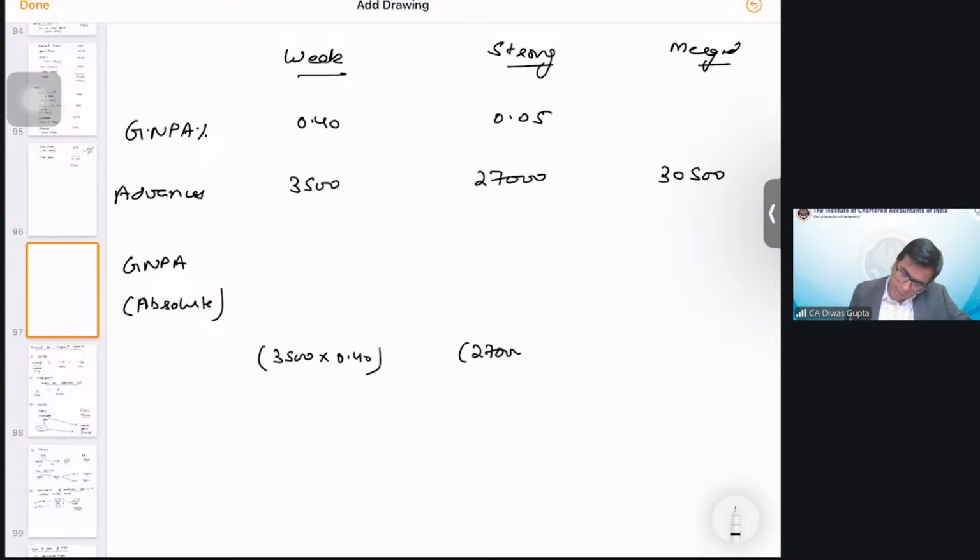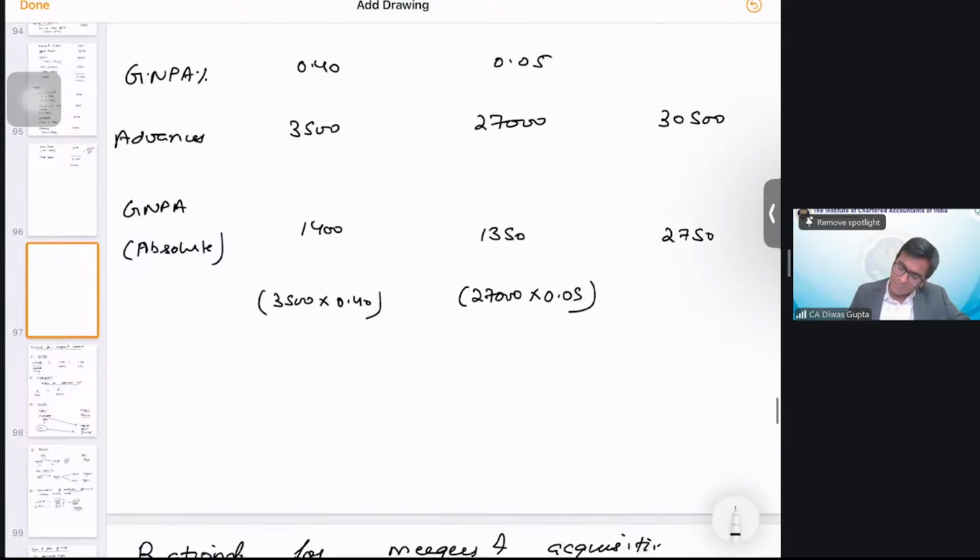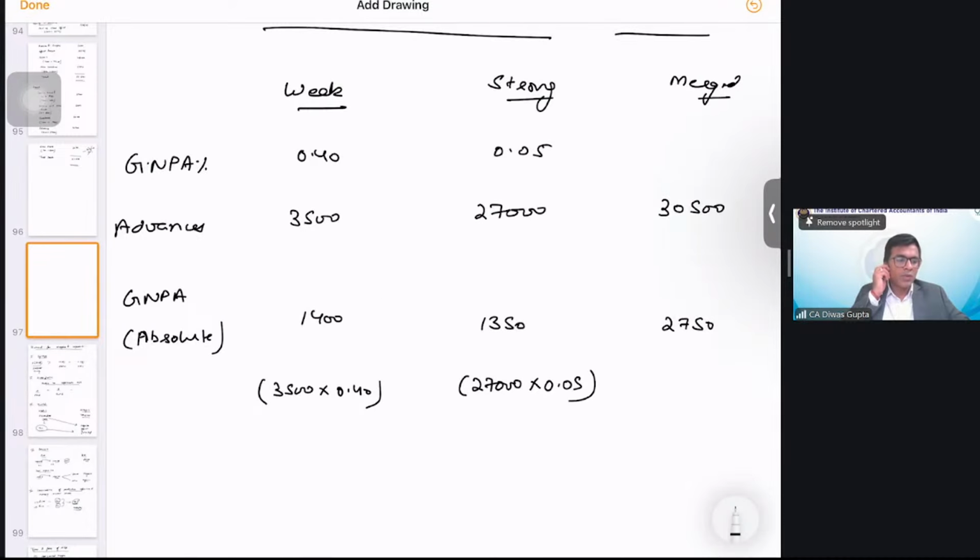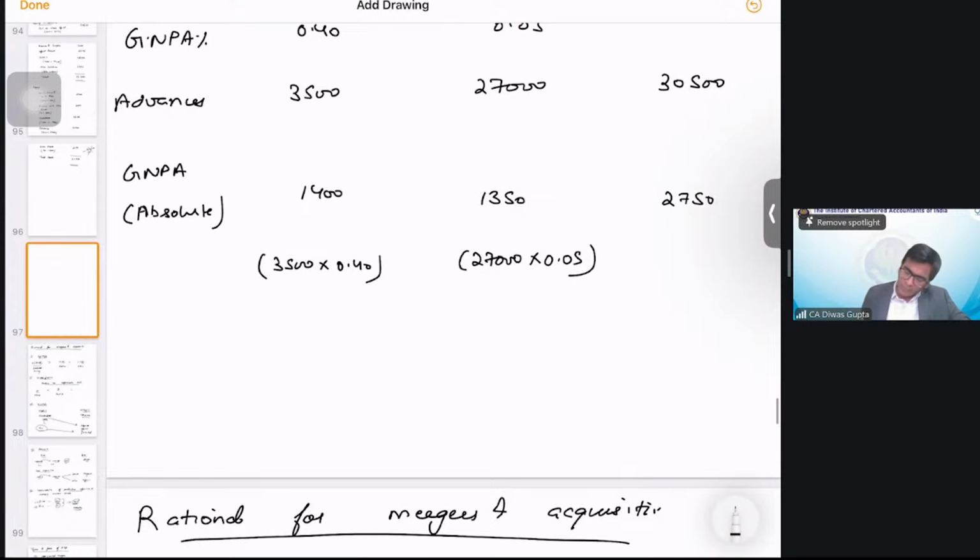Similarly, 27,000 into 0.05. So this comes out to be 1350, 1400, and hence the overall is 2750. Right? This is the overall value that comes out to be the value of the merged entity, and hence